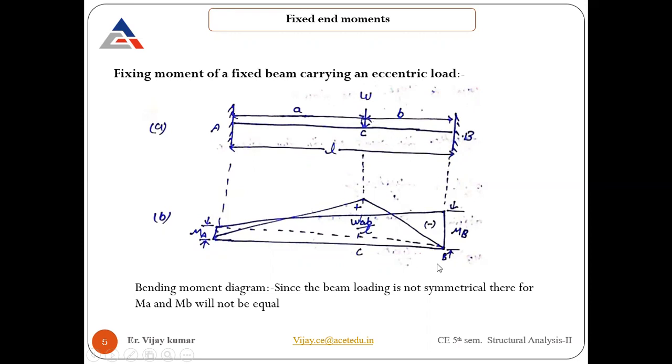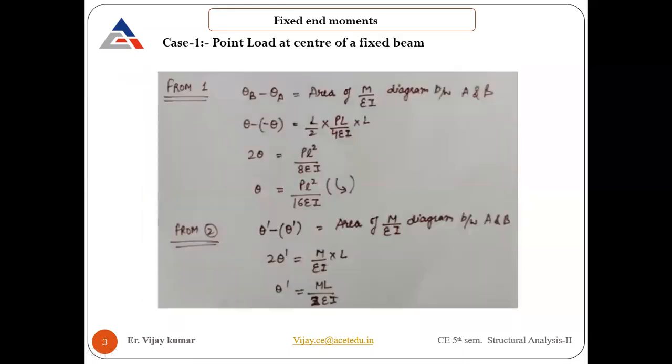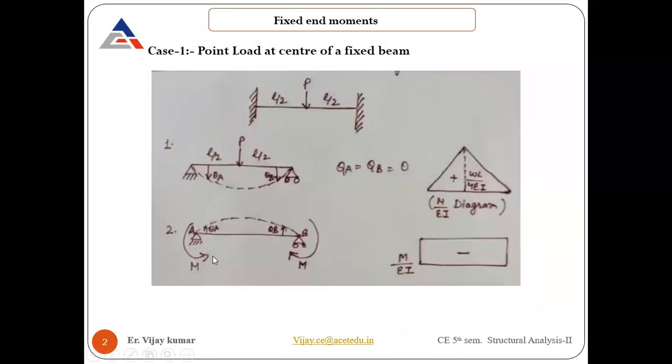In that case, you can say the moments, which is the bending moment diagram that we showed, due to the moments in the case of simply supported beam, this is the diagram. Here we have a centric load, so that's why this diagram is just a rectangle. But if it is an eccentric load, in that case at point B the value of this moment will be more compared to this one, so there will be a change of shape of the diagram that will look like a trapezium.